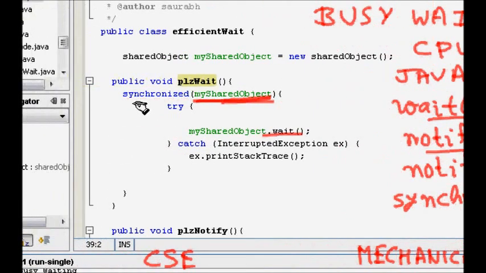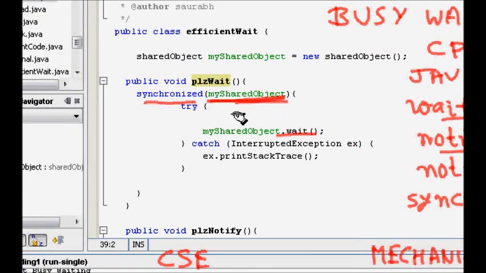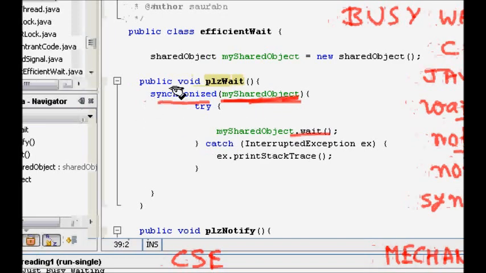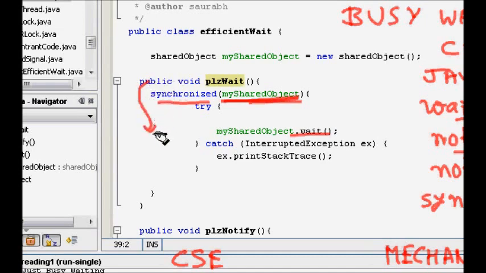And it also, that synchronized block, as we know, if some synchronized block is there on some object, only one thread at a time can go into the synchronized block. So now you can ask, okay, one thread is now in the synchronized block, it has a lock for that synchronized block. Now it goes and waits here. So how will another thread go inside and notify?